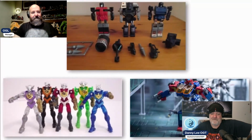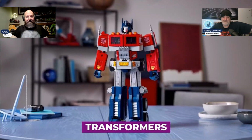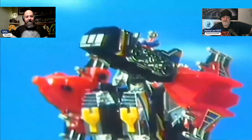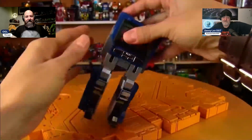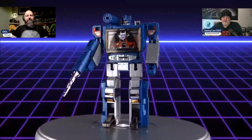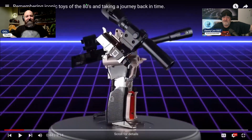Born out of the Japanese toy line Microman and the American Diaclone and Microchange toys, Transformers were brought to life by Hasbro in 1984. These weren't just your average action figures. They were complex beings with intricate backstories and intergalactic battles that fueled playtime adventures. From the heroic Optimus Prime to the devious Megatron, each Transformer had its own unique personality and abilities. The sheer